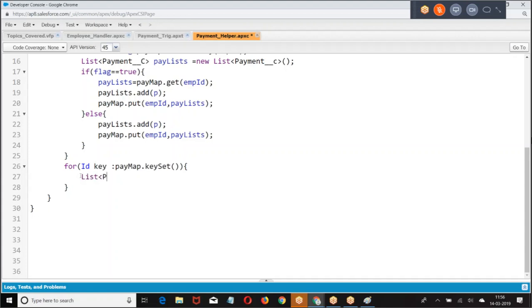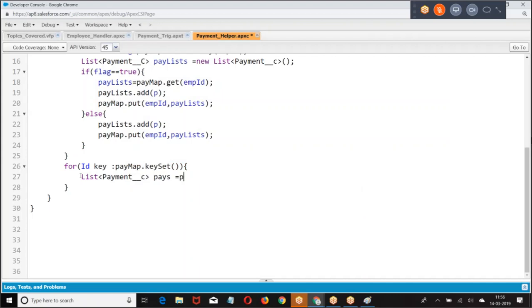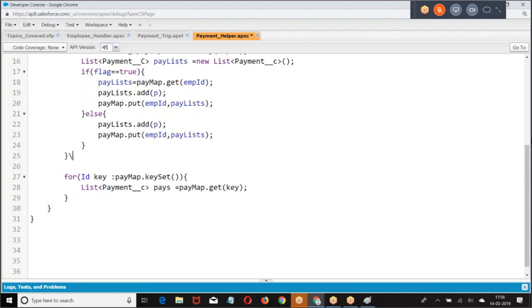List of payment is equal to pay map dot get of. Now, if I give employee ID, what are you going to get? If employee ID is given, we get the corresponding payments.